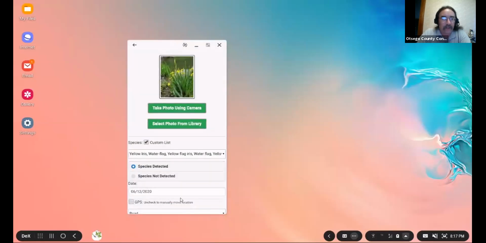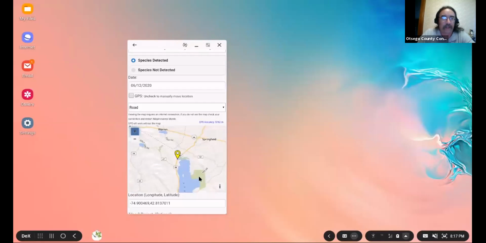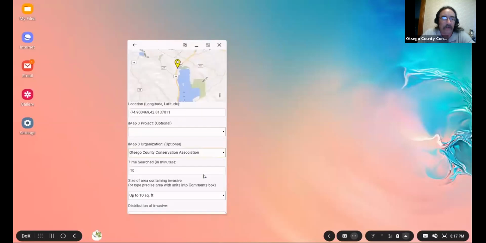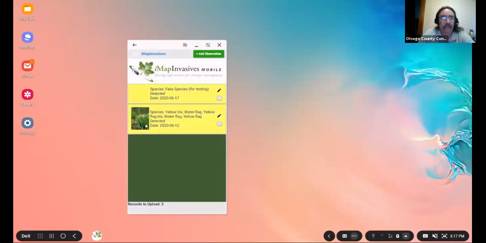All right, so we want to remain on the page. So now I guess I'm committed to going all the way through. Okay, and that location is where we found it. So, and this is sparse scattered plants, clumps along the riverbank. So again, we'll save that. And so then once you're satisfied, you go up there and you do your select all. And here's the big choice, what do you do with it? So in our case, we're going to upload the selected.